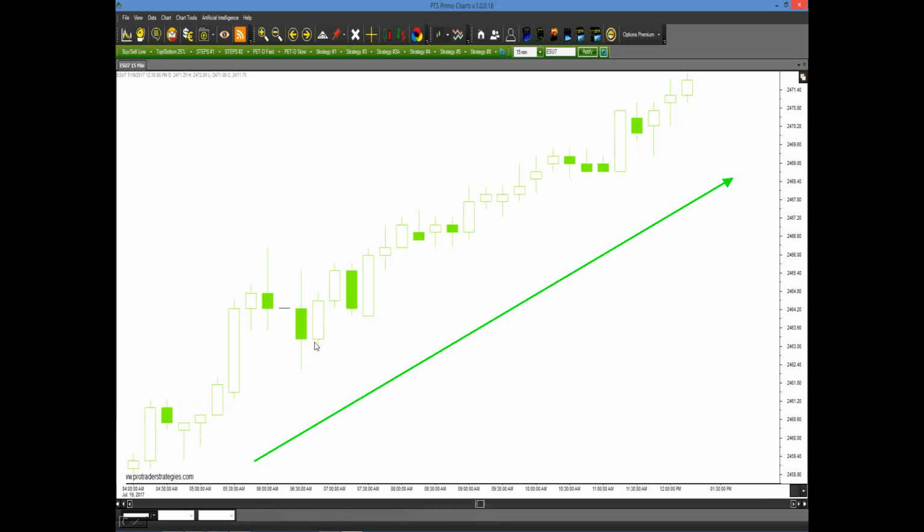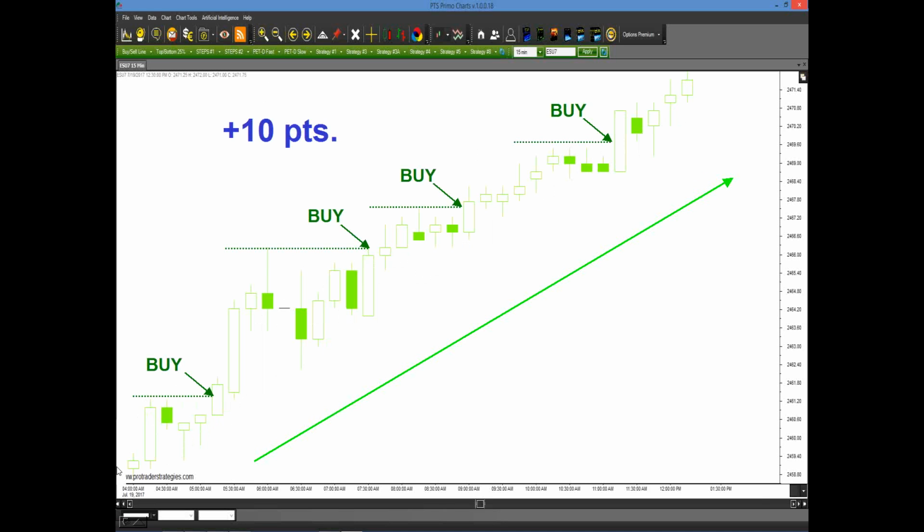You see how it makes no difference? As long as the PET D can just work its formula out, it doesn't care if we're looking at stocks, futures, currency pairs, commodities. It will still tell you what the trend is. And we applied the same technique of looking for the short-term pivot highs. And right here, that would have been 10 points to the upside, or $500 per contract by the end of the day.